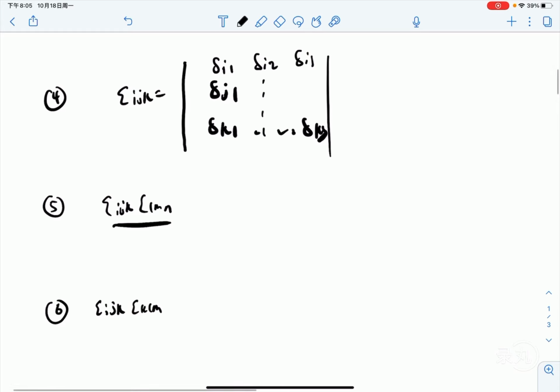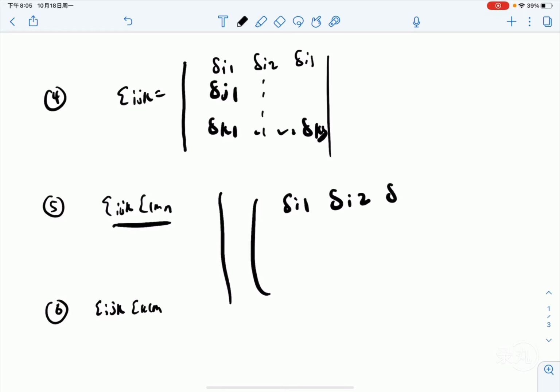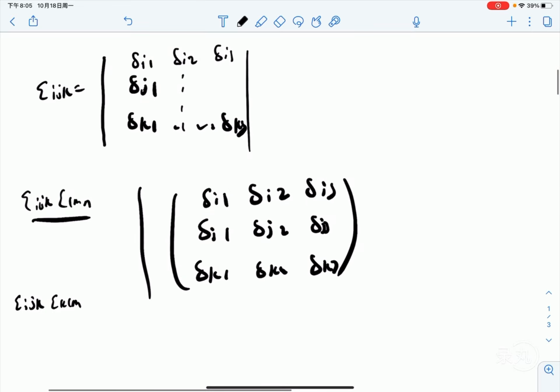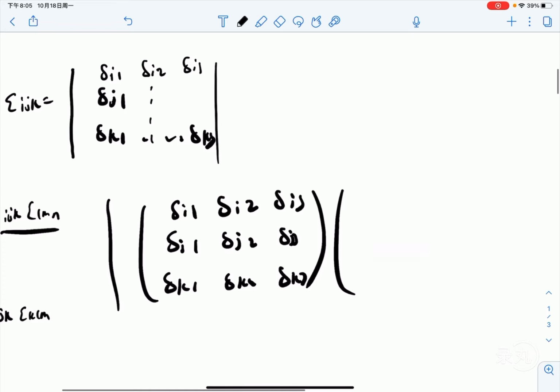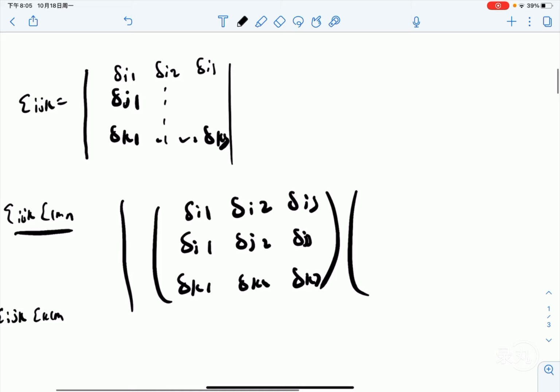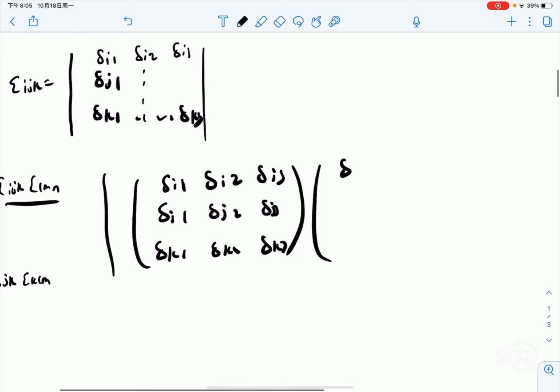So for this, it is going to be equal to the determinant of epsilon I1, I2, I3, J1, J2, J3, K1, K2, K3, and times, we're taking the transpose of this one. So it is going to be L1, L2, L3,